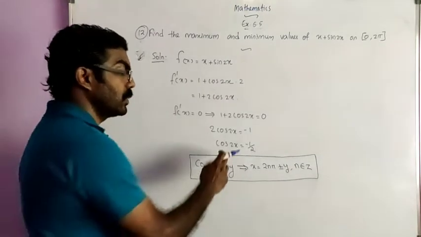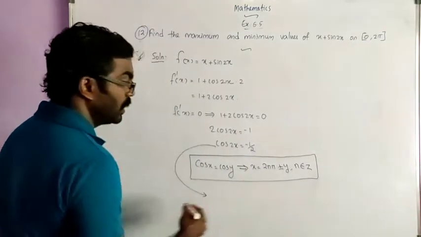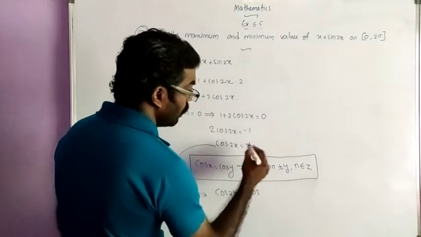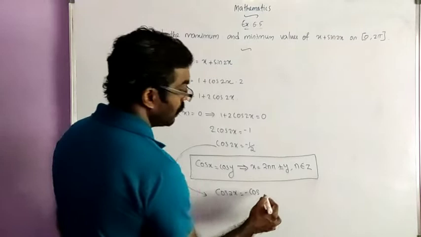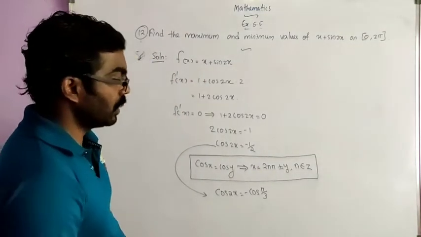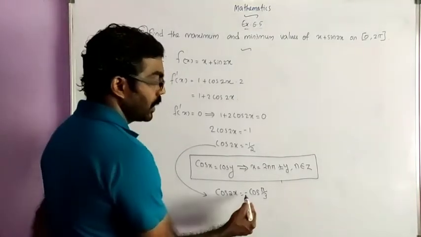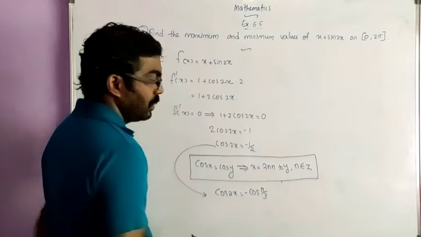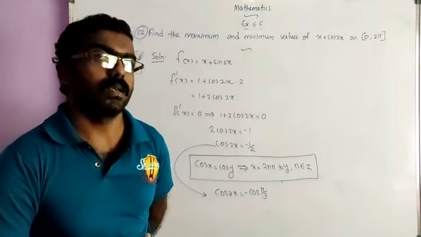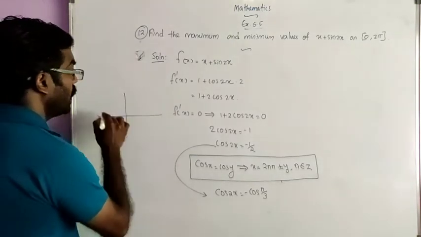Okay, so here cos 2x is equal to minus 1 by 2, and this can be written as cos 2x is equal to minus cos of 1 by 2. 1 by 2 is cos pi by 3. Okay, cos 60 is 1 by 2, so we can write cos 2x is equal to minus cos pi by 3. So first of all we have to change this minus sign. We know cos x is negative in the second and third quadrants. Okay, so to get the value in the second quadrant, we can write pi minus theta.